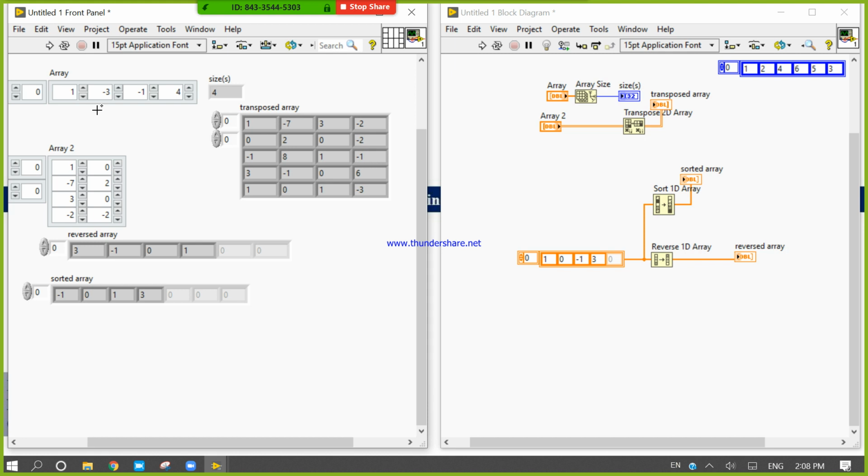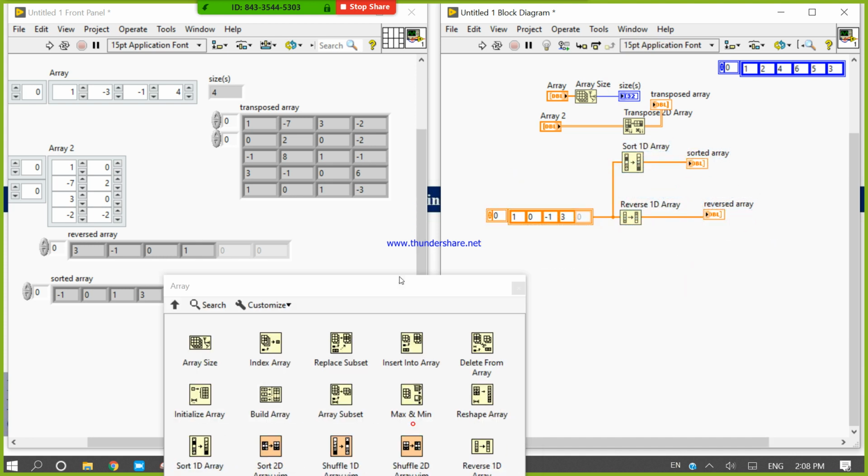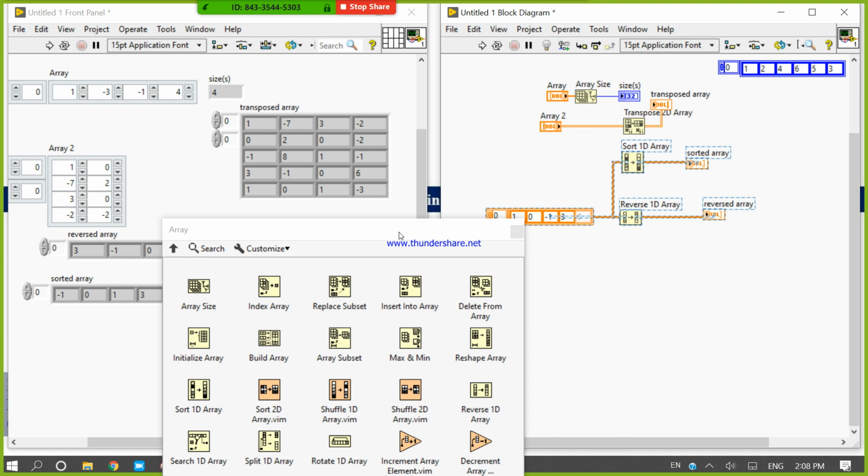If you use sort 1D array, then it will sort. You don't need any kind of bubble sorting method or others. You can directly sort it by using the sort 1D array. So now it's over. Please design.